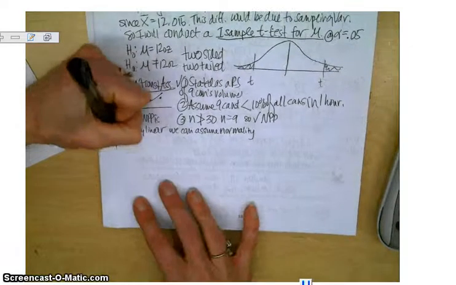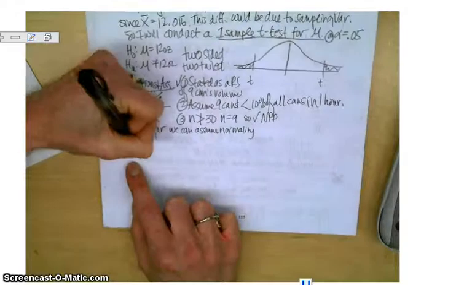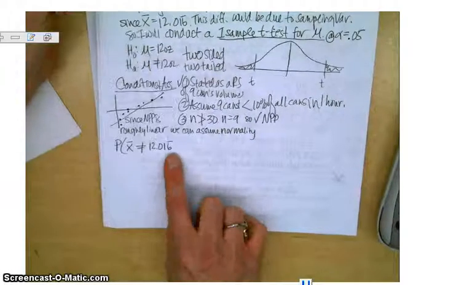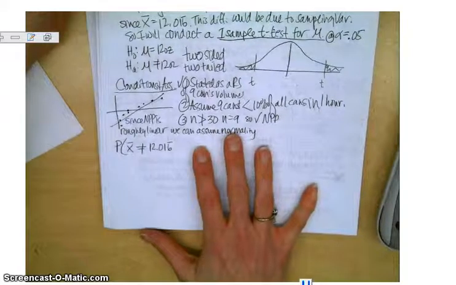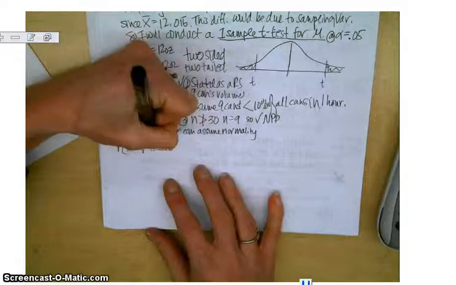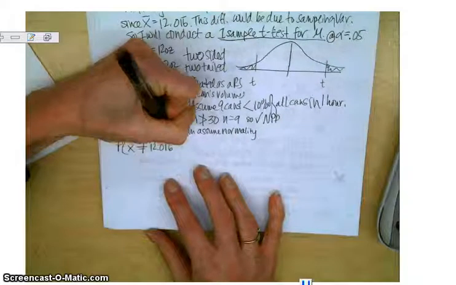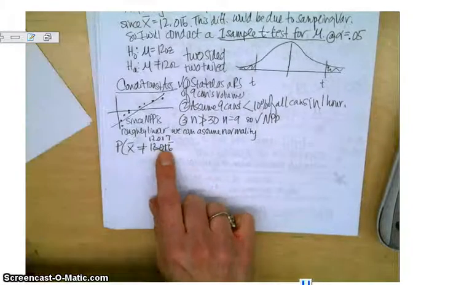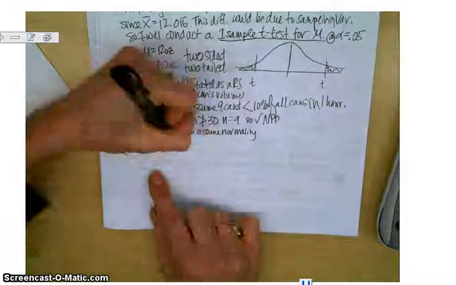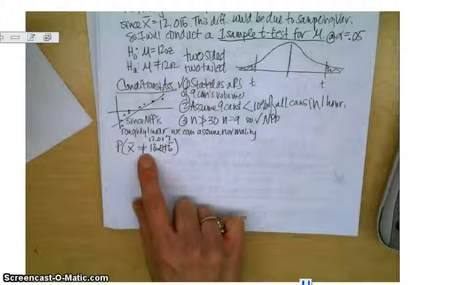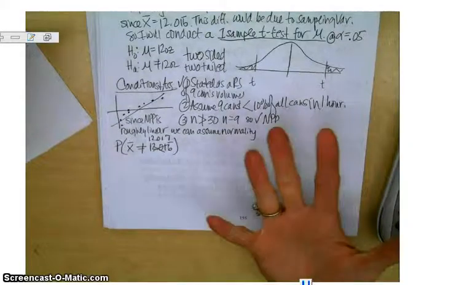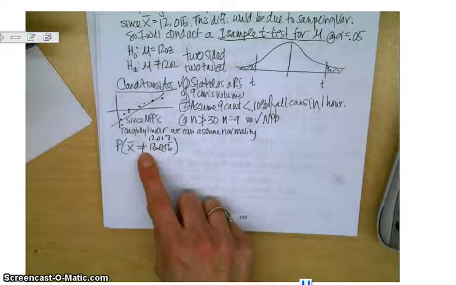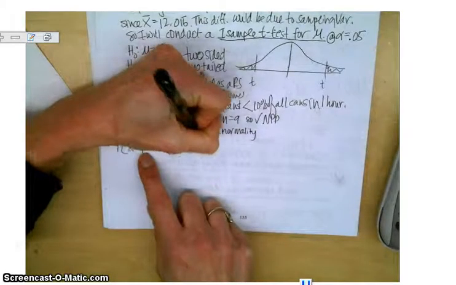So the probability we start out with is that our sample mean is not equal to 12.016 repeating. It might be easiest for this problem, instead of having to type a bunch of 6s, to call it 12.017, because it would round to 7, wouldn't it? So that's what we're going to use, just so we can enter it in our calculator. If we're going to show our calculations, then we don't have a not equal to. So that is 2 times the probability that x is